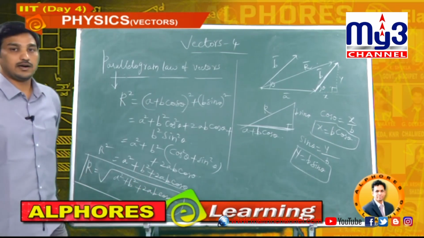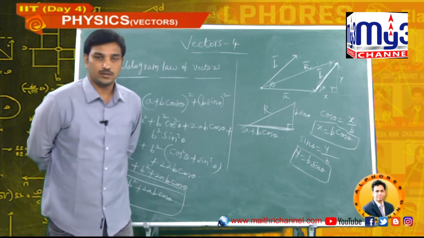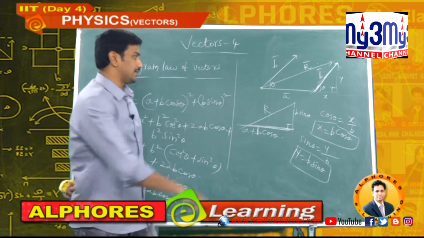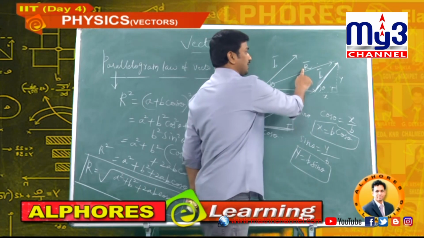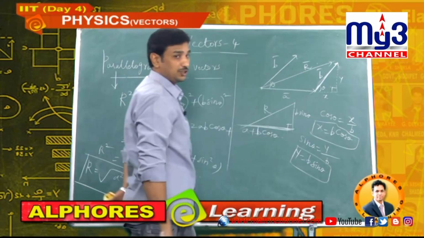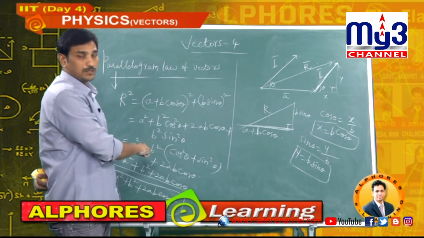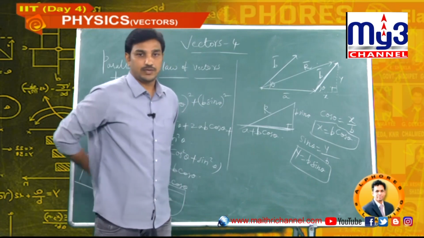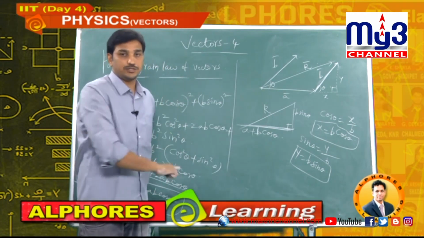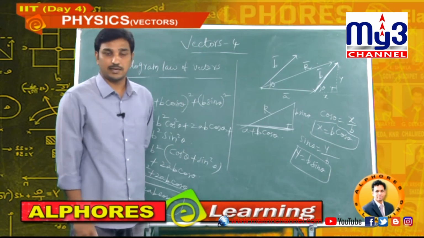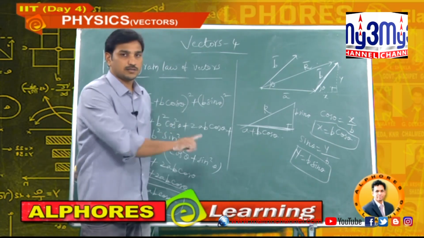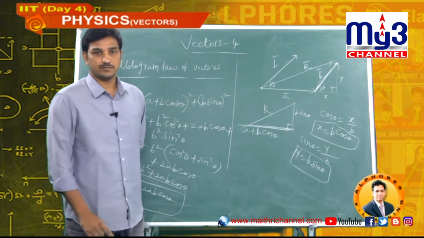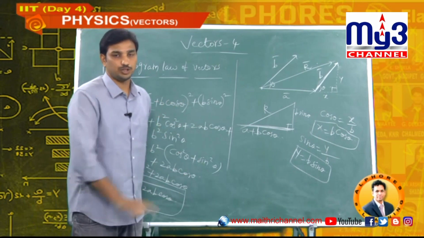Now, according to the parallelogram law of vectors, two sides of a parallelogram represent two vectors. Now the resultant is the diagonal. This resultant vector's magnitude we can calculate. How much? Under root of A square plus B square plus 2AB cos theta. It is very important. Please take care of this. In all the examinations, even the IP, MSET, mains, advanced, in all the possible cases we will use this concept. I am not telling directly, they will ask you the question depending on this point. This concept we use when we solve the question.